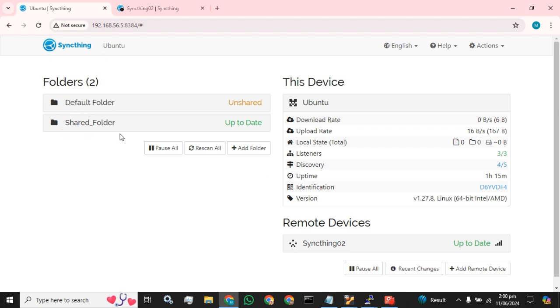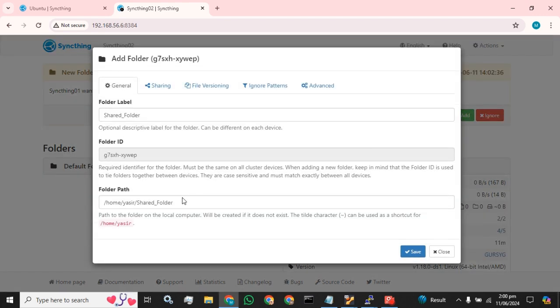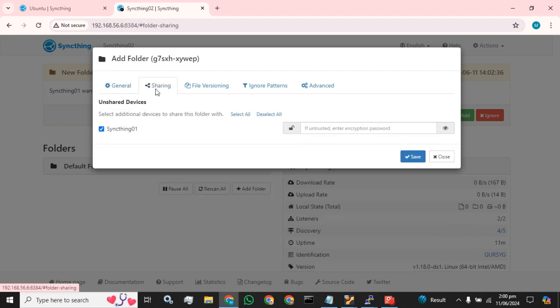The folder has been shared among these servers, and the invitation for the shared folder has also popped up at the Syncthing02 server, right? So we are going to add it,